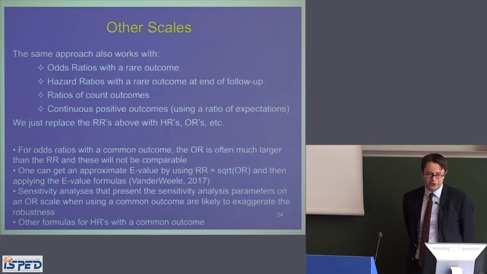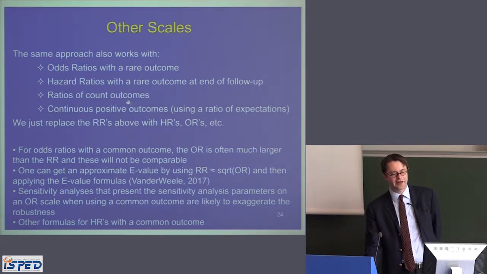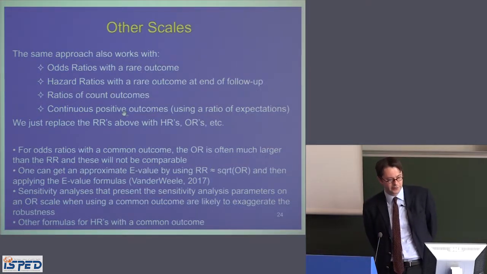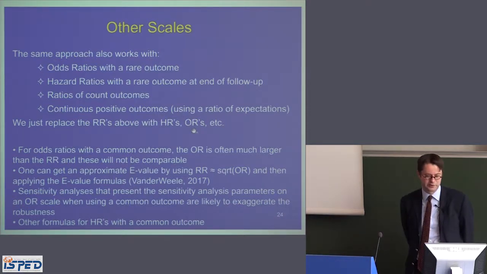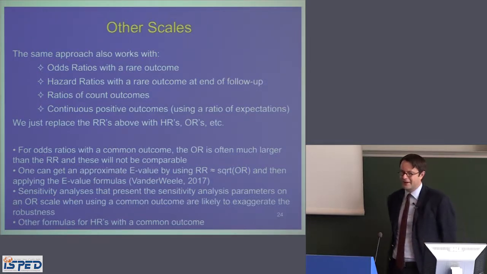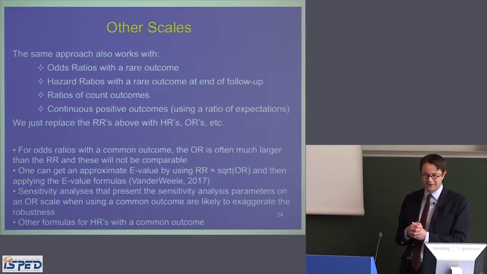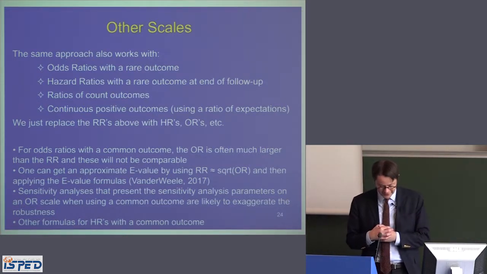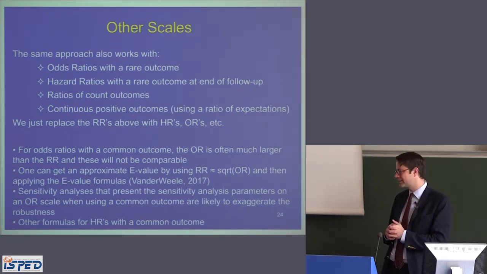The same approach can pretty much be used without change for odds ratios with a rare outcome, for hazards ratios with a rare outcome at the end of follow-up, for ratios of count outcomes, or for ratios of continuous positive outcomes. One just replaces the risk ratios with hazards ratios or odds ratios and uses the same formula. With odds ratios with a common outcome, one cannot apply the formula directly. It is not applicable. It will exaggerate the amount of confounding that's needed, but one can still, in that case, get approximate e-values